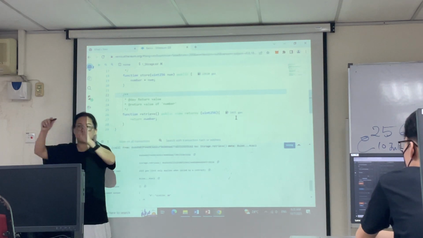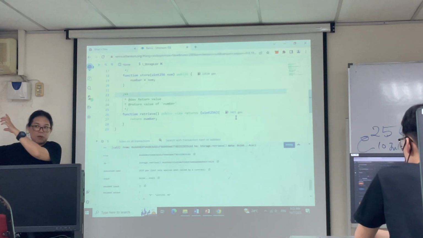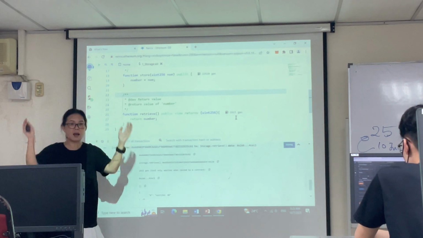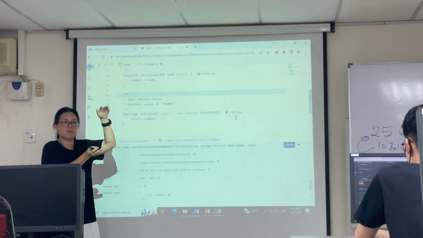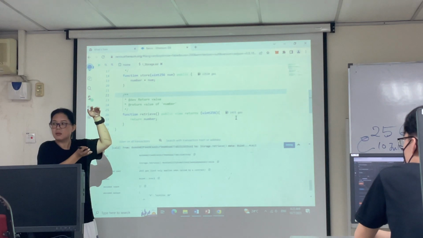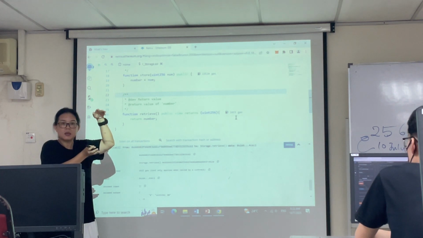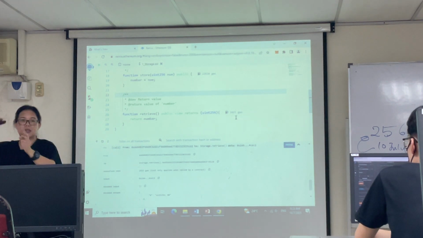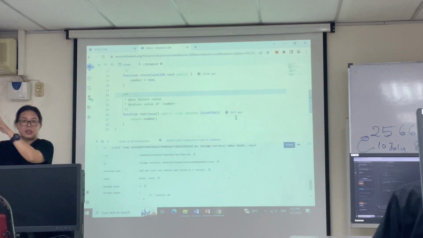Gas to be used must be multiplied by the gas rate. Just like your car has a petrol tank, telling you that this tank can take 50 liters. Your petrol tank can take petrol, pumping 50 liters. But if the current market price for the petrol per liter